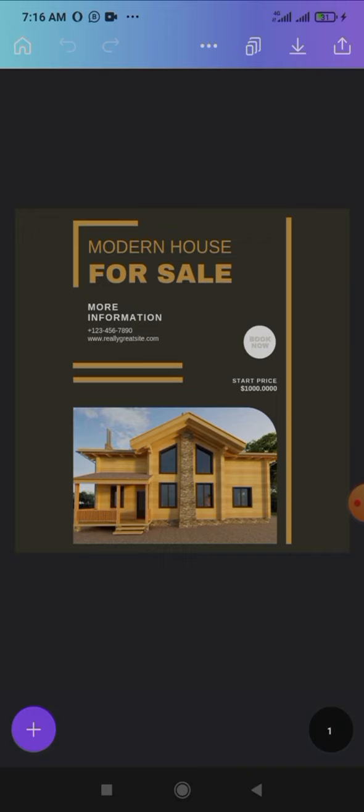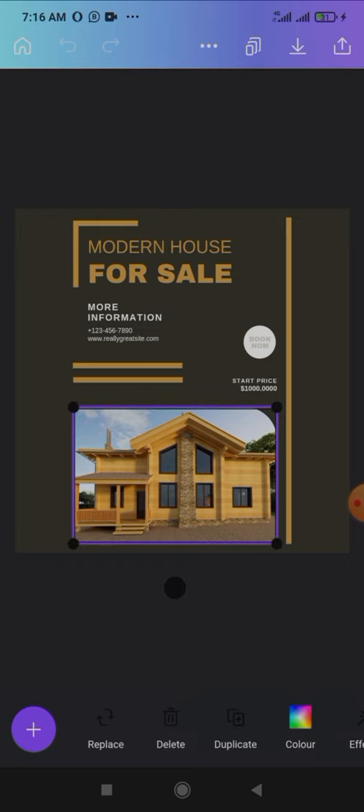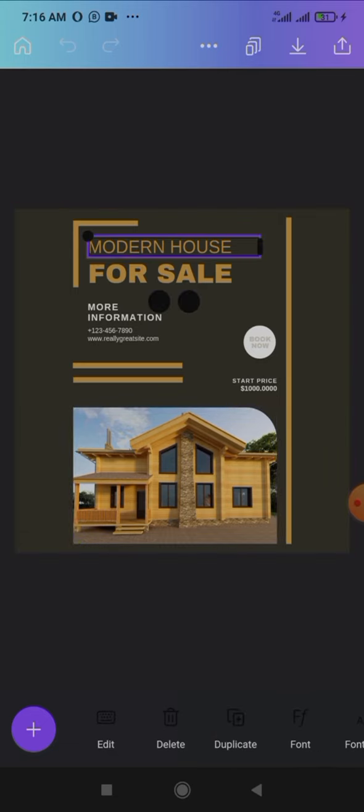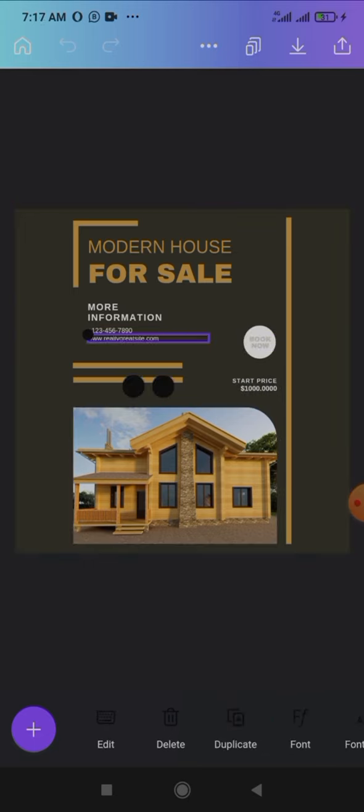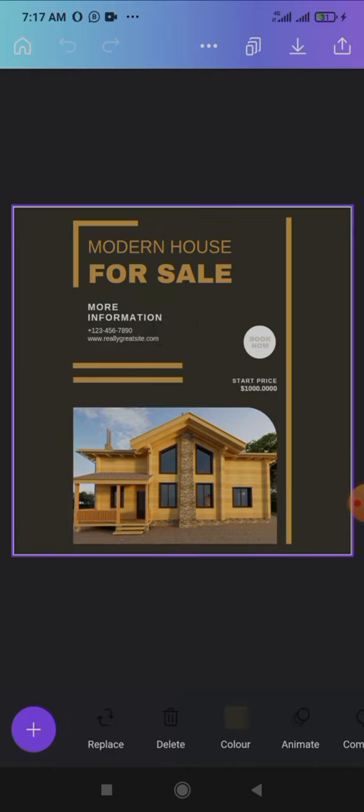Now let's work on this design and see what we can do. Mind you, you can change every aspect of this design. You can change the building, you can change the lines, you can change virtually everything under this design. Anything that you click, you can remove it, change the color, change everything, put in your name. So let's assume the name of my real estate company is